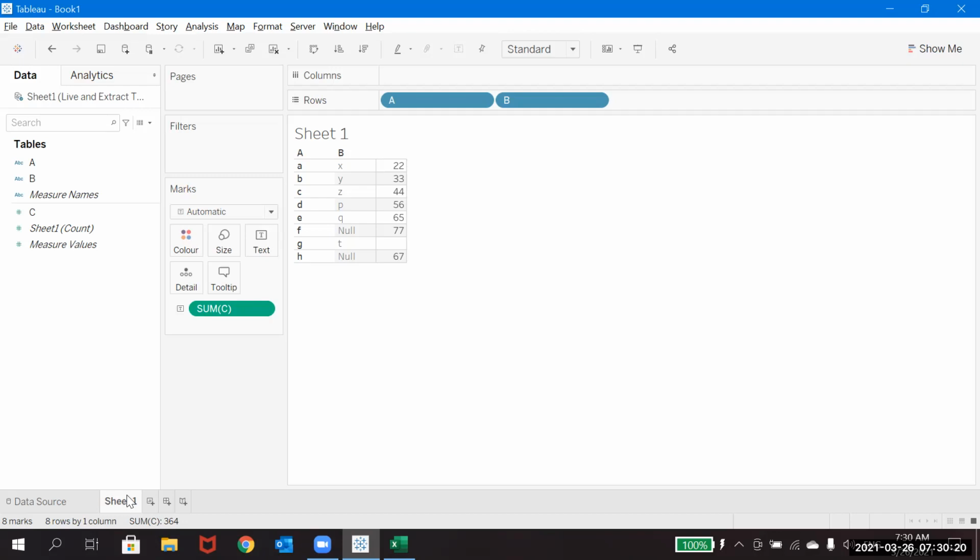But when you do a full refresh, it will be completely changing, and whatever changes are coming up in the data set will be applicable here. But when you do an incremental refresh, it will just add whatever we have, and then again you have to take the extract of that and save it.